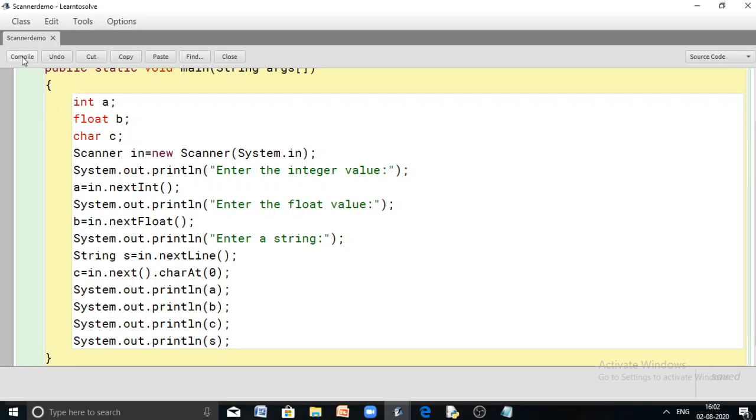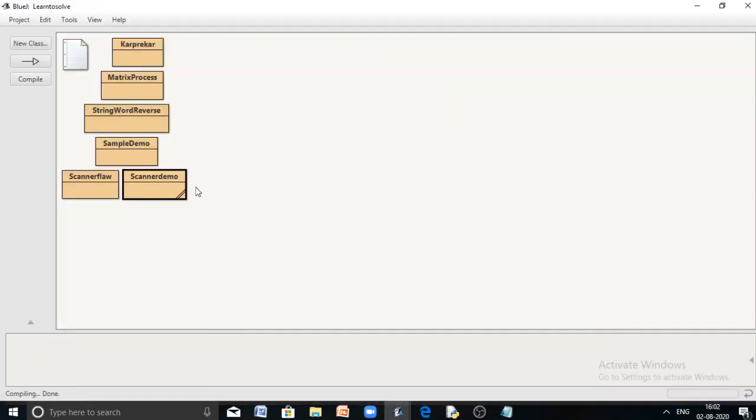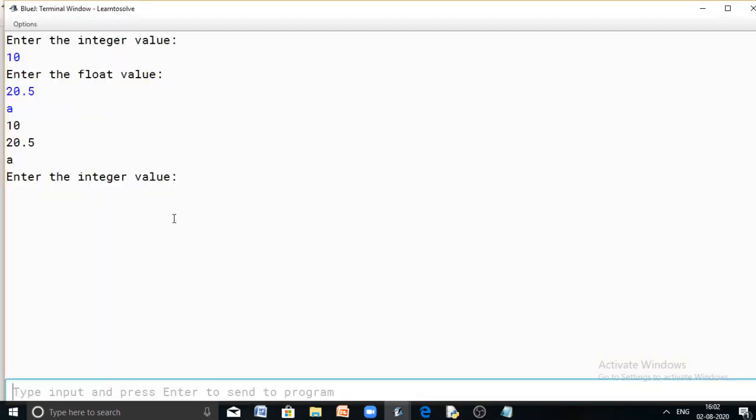Let us compile it. No syntax error. Then at the time of running you may face it, right? So let us execute the program. Scanner demo. Let us enter an integer value. So integer value is 10. Then next the float value 20.5 for example. Then enter a string, right? So if you are entering the string, for example